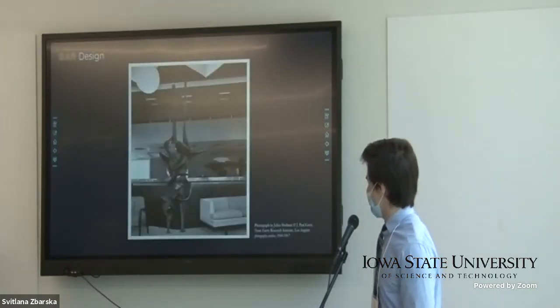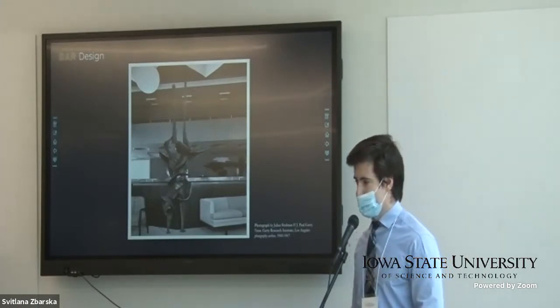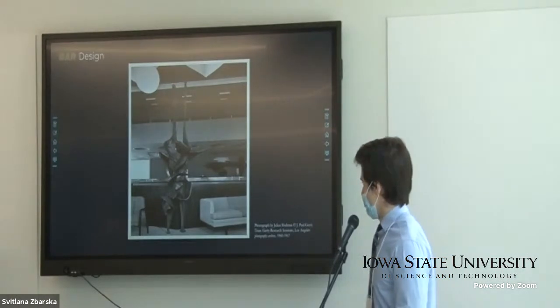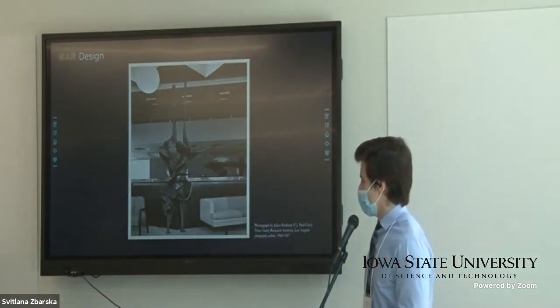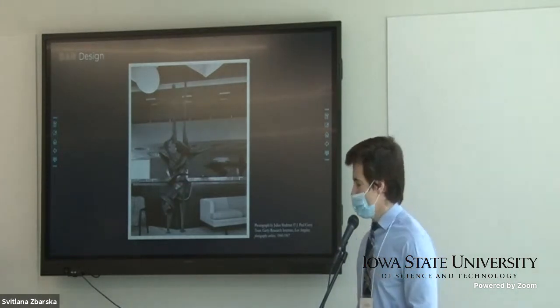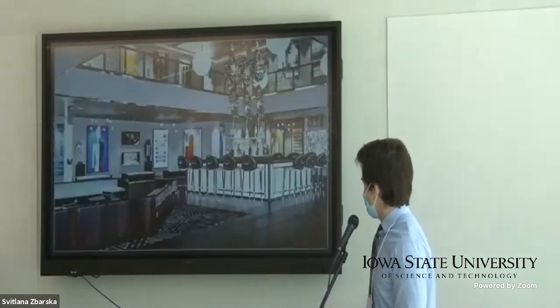And then here is another historical photo. This is a sculpture that was featured in the West Building. It served as one of the main sculptures that art enjoyed, and it sat there for a variety of years. So when looking at new and innovative concepts we had back in the 60s, we used the sculpture as a reference point to create the bar design. And you'll see that in the next photo.